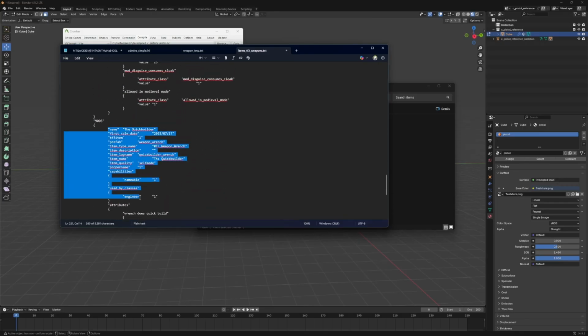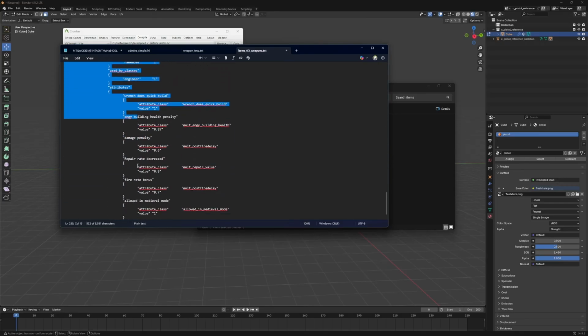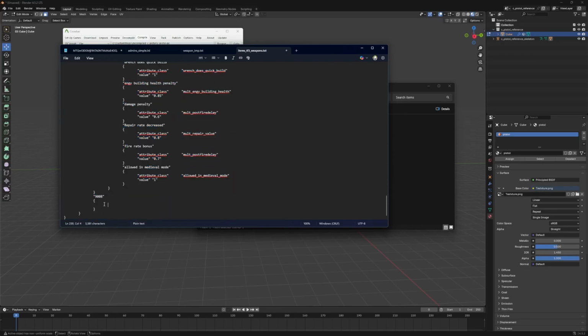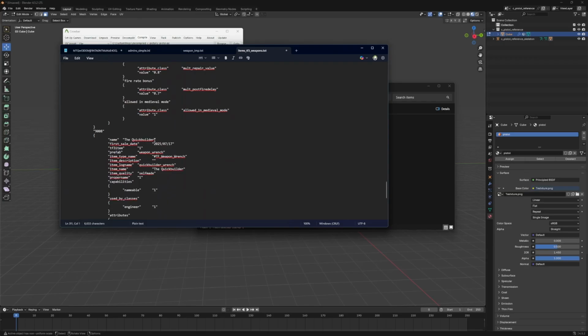Just copy all of this right here. So name, I'll do the custom pistol 831. This is weapon pistol, TF weapon pistol, item log name, custom pistol,